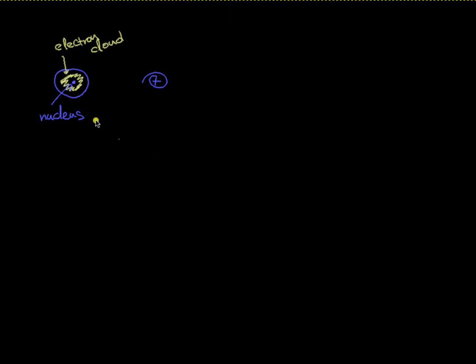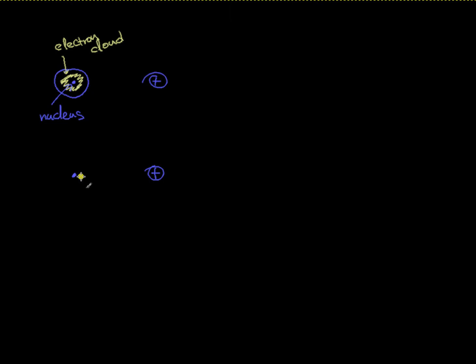Now, I am assuming I start with an atom where the center of the electron cloud overlaps exactly with the position of the nucleus. This is a non-polarized atom. Now, once I bring the positive charge near the atom, this is what happens. In materials, when you have atoms as part of an object,